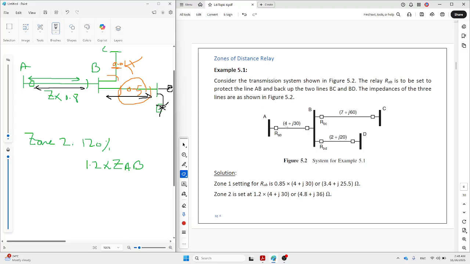So zone 1 can be set as 80%, 85% of this one. This is zone 1, so you can see the value it reached. They are covering until this is the value. For zone 2, 120% or 1.2 of the main transmission line. So it reached 4.8 plus 36. You can see it's covering a bit of this one, plus 36, which again is here. And this one is 4.8. Again, 4.8 is coming closer to this one because this is 5. Okay, correct? So it's coming to here, and then 36 of